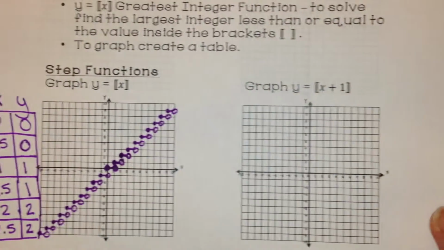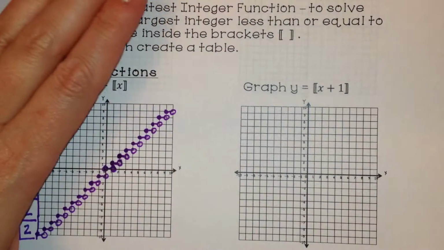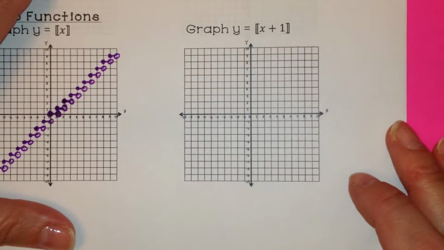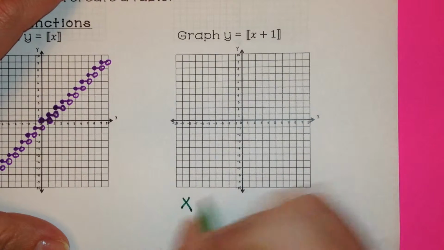So now this one, its absolute value, or the greatest integer of x plus 1. So that entire thing is inside the greatest integer bracket. All right, so I'm going to create a table. I'm going to do this one below this time. So we have x